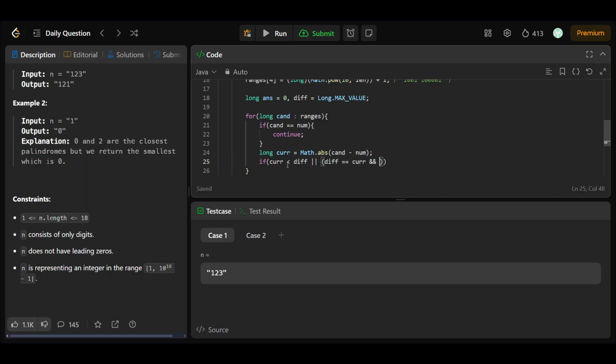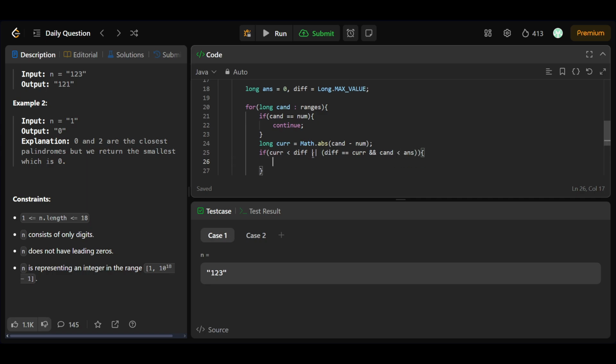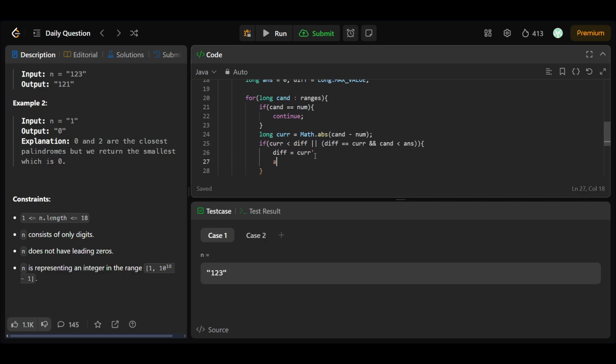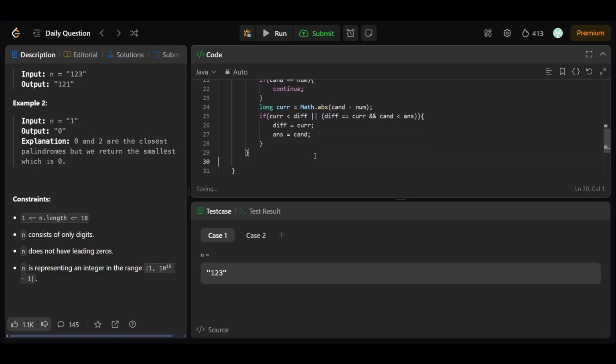Okay, and my candidate is less than my answer, so in this case also I need to update it. In this case I'll be updating my difference equal to current, and I'll be updating my answer equal to my current candidate. Okay, and at the end I just have to return String.valueOf of answer,